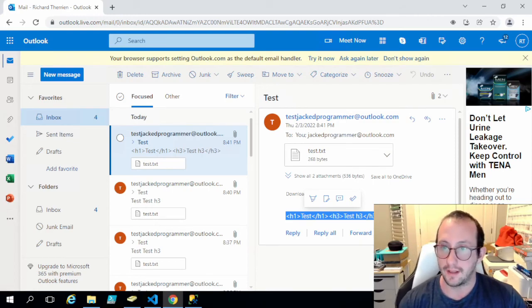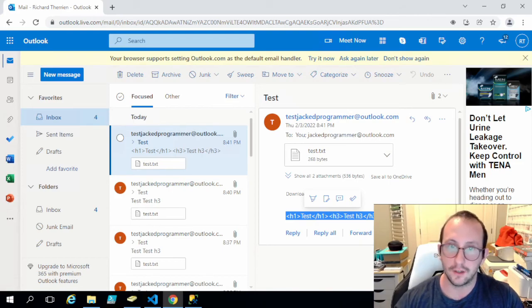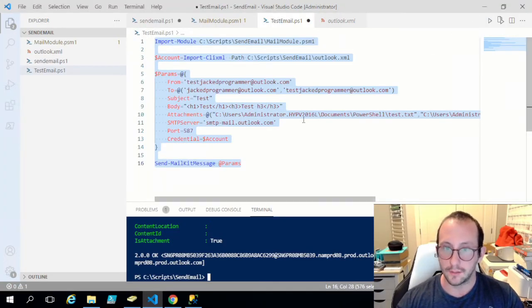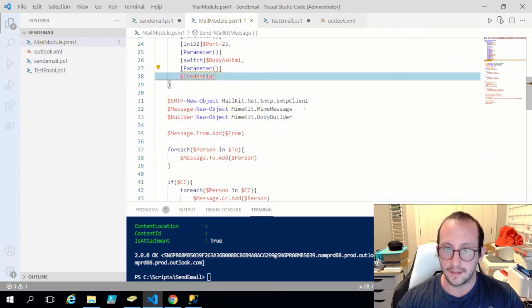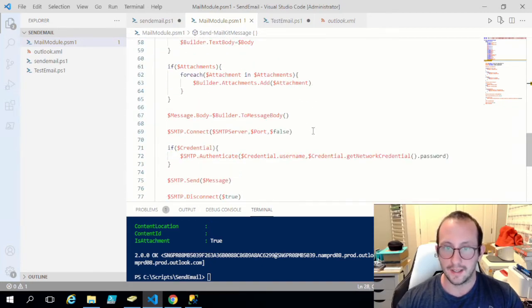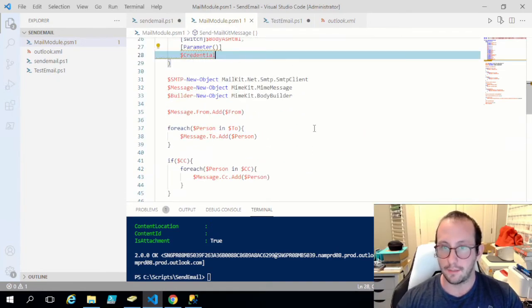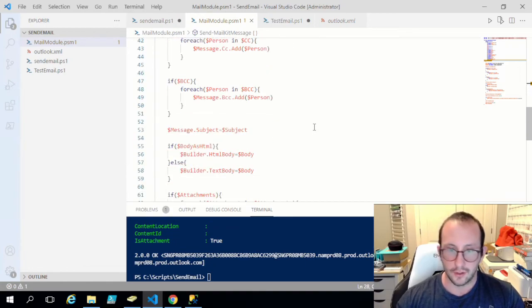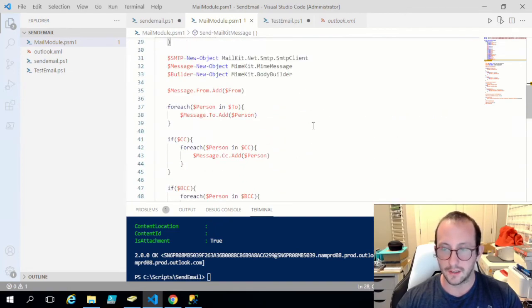So that is pretty much how you make that commandlet, how you use it in a bunch of different scenarios. You guys can use it instead of the Send-MailMessage. You guys can add more functionality to it if you wanted to. I mean, there's tons more that you can set up with the MimeMessage, SmtpClient, and the BodyBuilder. You can put a lot more into this. But like I said, these are probably the more common parameters that you would use in the Send-MailMessage. There's also encoding in Send-MailMessage, but I don't see that being very useful these days,